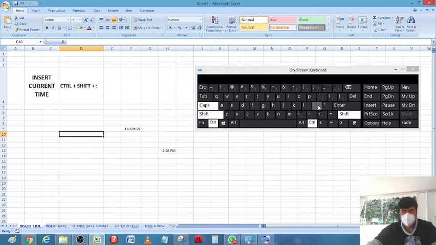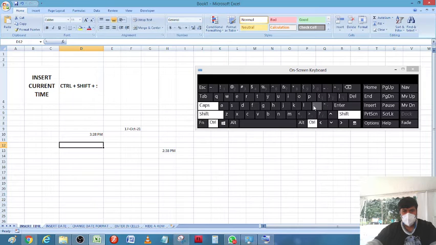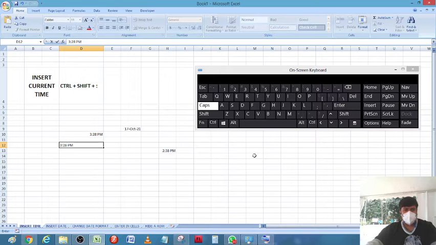We have to press all three keys together. Once we're done, you can see the time has come here. Once again, I will show Control, Shift, and this semicolon key. It will show the current time.